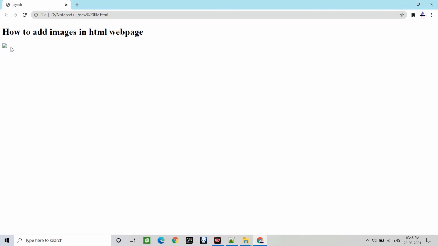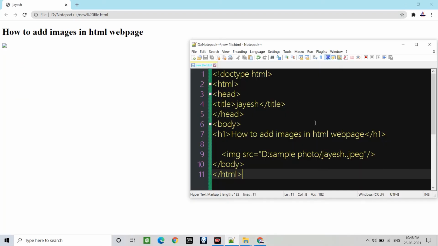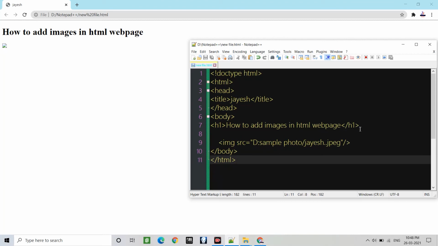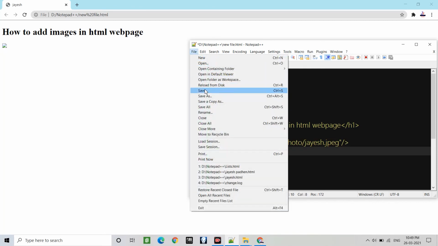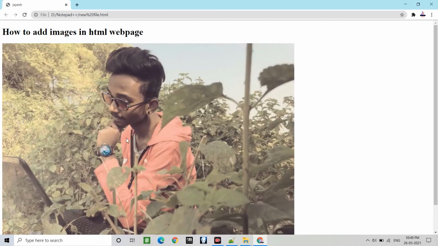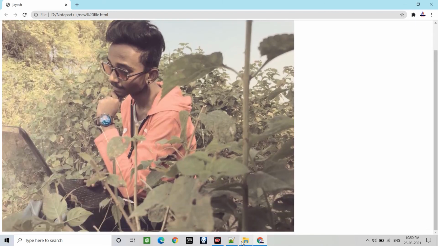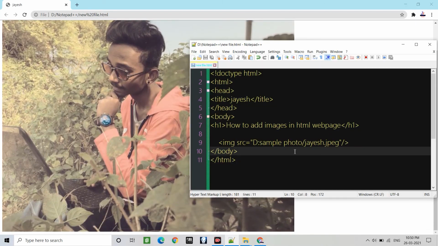So I'm going to click this, and as you can see our image is not showing fine here. I did some mistakes. Let's check where the mistake is. So our web page content is correct. Let me check where the mistake is done. Finally I got the mistake. Here, I put two dots instead of one. So I'm going to clear this, and here is your image. And this is why I'm telling you each and every part, you have to cross check your content from top to bottom. That is really helpful for you guys.